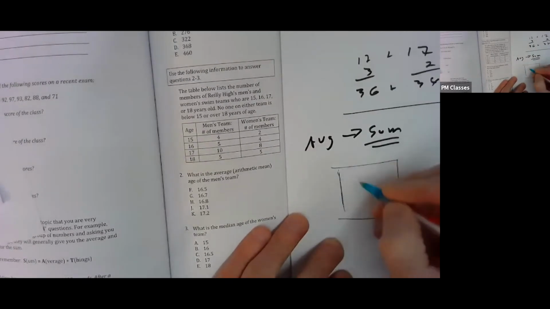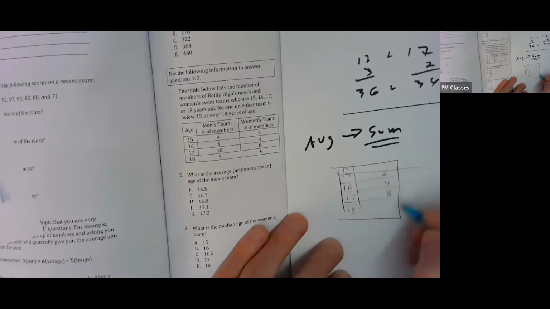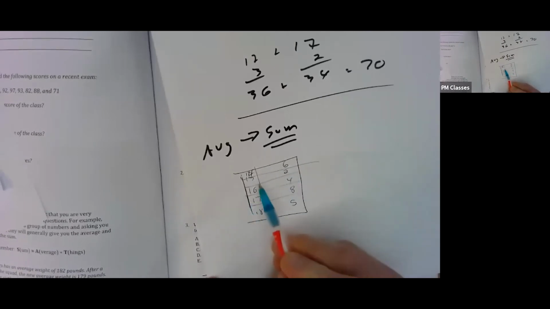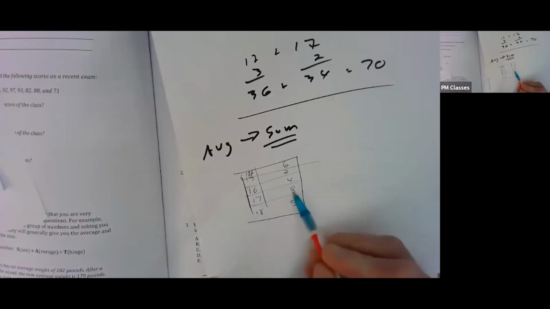The tendency, oh golly, I'm going to slide over here. I'm going to show you a slightly different thing, because I want to show you what will really happen on the test. I'm going to add a 14-year-old in there, okay? So let's say we have the same numbers, 2, 4, 8, 5, let's say they're 6 14-year-olds. Can you guys read that? So we have 6 14-year-olds, 5 15-year-olds, 4 16-year-olds. I think I did that math right. Yeah, I did. 8 17-year-olds and 5 18-year-olds. And so the question is,